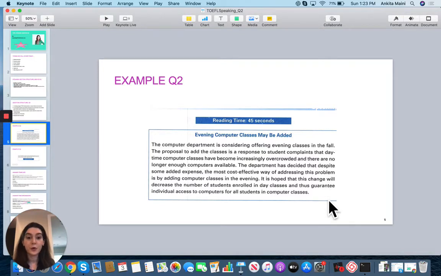So make sure in your notes you have the change written, what the change is about. That's actually the key that you need to write. Other things are very important to understand, but obviously you only have 45 seconds, so if you are short of time, first thing you need to write is what is the change about, then followed by understanding what the passage is about, and the third thing, if you have time, is to write down the two reasons. So just quickly write overcrowded, and second, not enough computers for everyone.